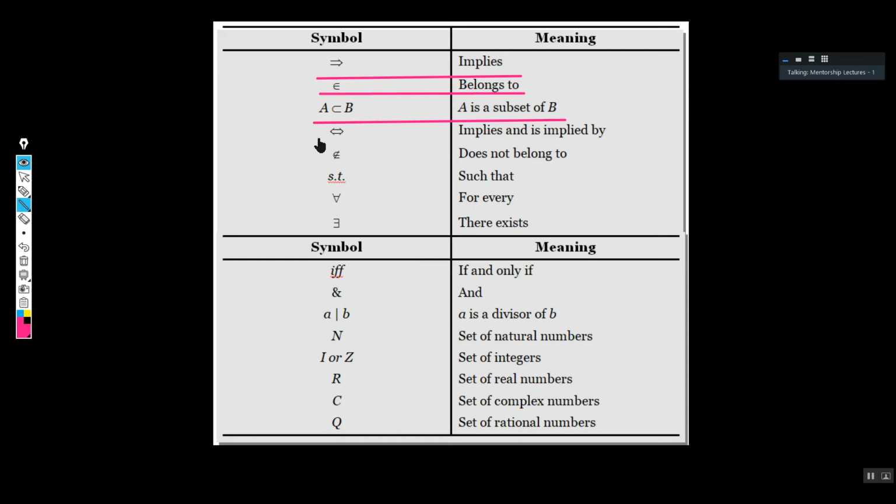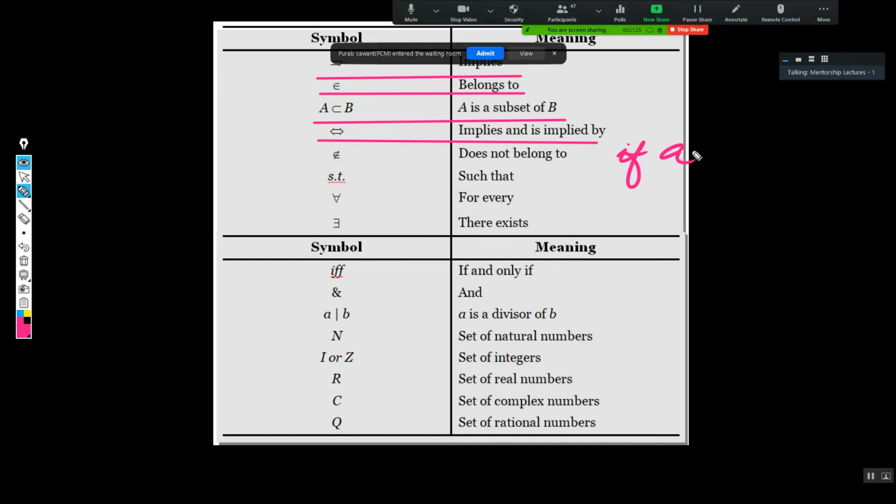Understand it. Don't see that mathematically. Try to understand it with real life applications, that is real time applications, I mean to say. Similarly, this is implies and implied by, or if and only if also we read. This is also read as if and only if. Both are same. Implies and implied by, or if and only if, both are same, please. And both sides will have arrow marks. Okay.